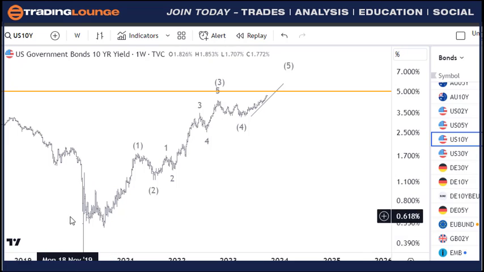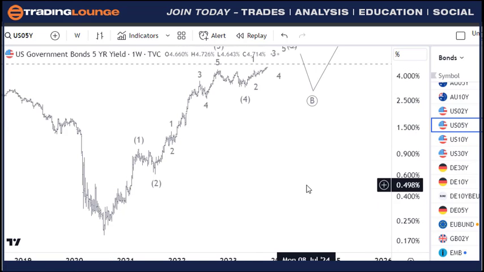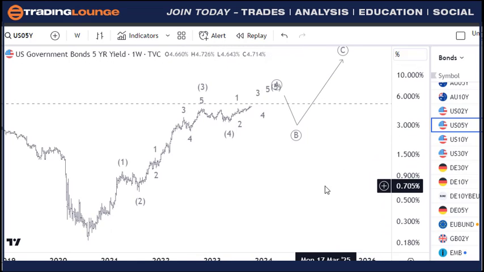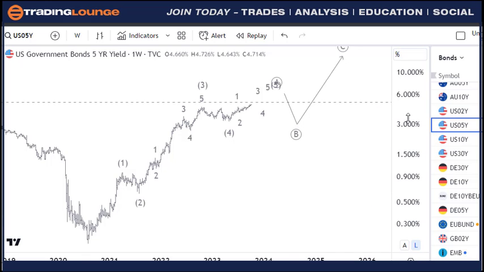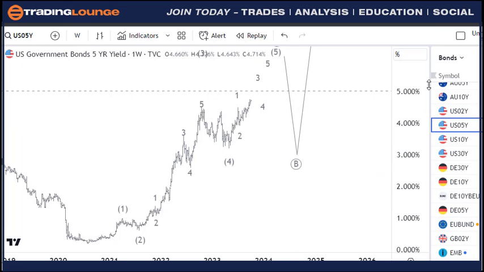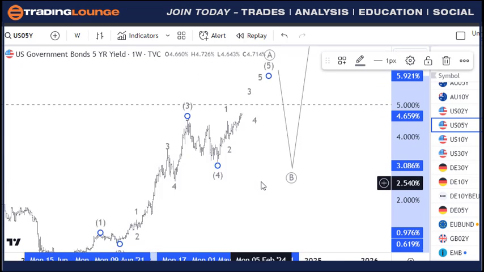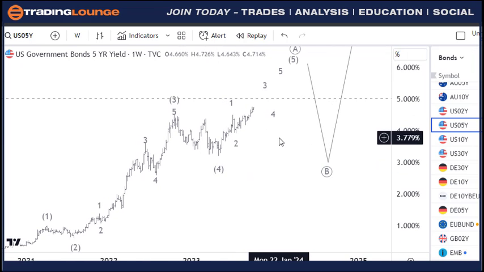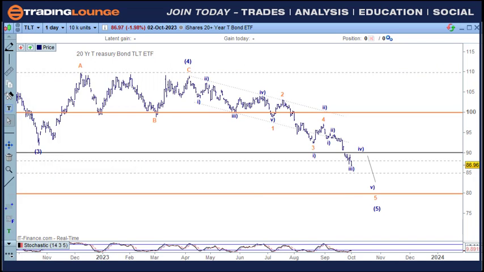This little spiky bit here, you can sort of remove that with the 5-year yield here. It's got a nice clean low here at this point on the 5-year yields. Do I have this on log scale? Yeah, right. So that might make it a little bit easier there, but where's my wave 3 gone? It's up there. Anyway, this is still not complete here just yet. So maybe the yields continue to move higher, even when the US dollar is turning lower.